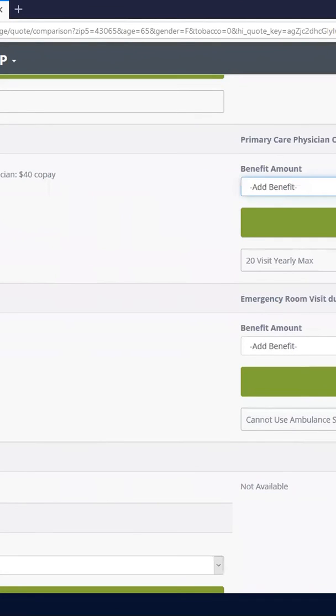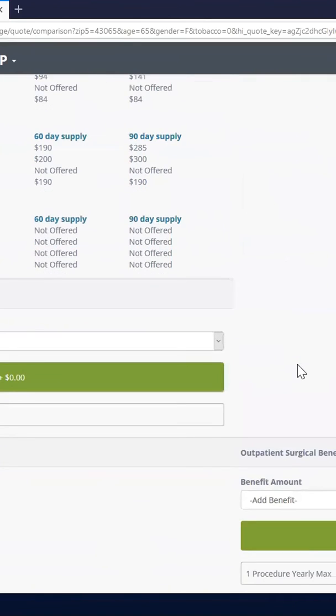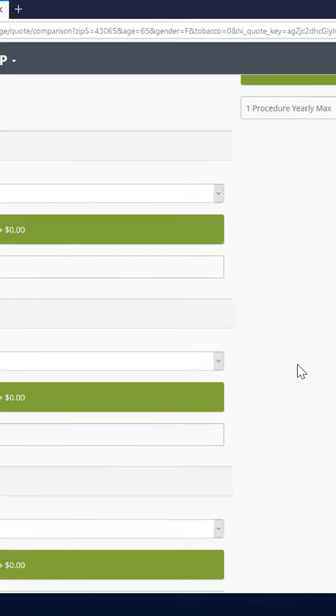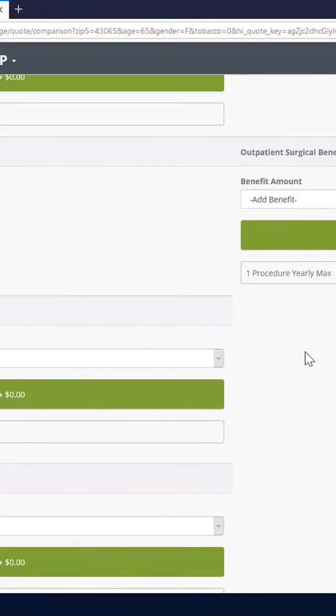But emergency room, same thing. It's got a $90 per visit. This plan has a $200 benefit. If you are admitted, then it would pay you the $200, or $200 each time you're at the emergency room. Again, typically not a benefit, but where we do see the real benefits is if you're looking to add different things. So like skilled nursing,